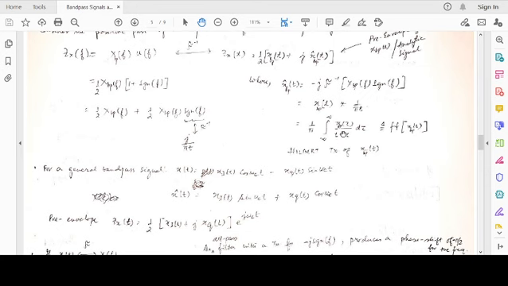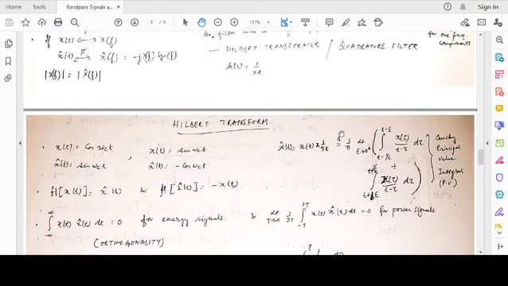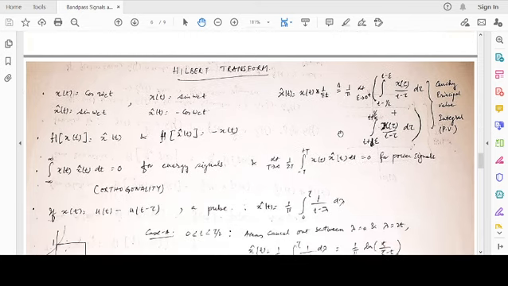So this has to be defined in some principal value sense. Recall the Cauchy principal value definition of the integral, the principal value integral. That's why, around tau equal to t, we take a small interval, and the interval is symmetric: t minus epsilon to t plus epsilon. And this function 1 by t minus tau is shooting to